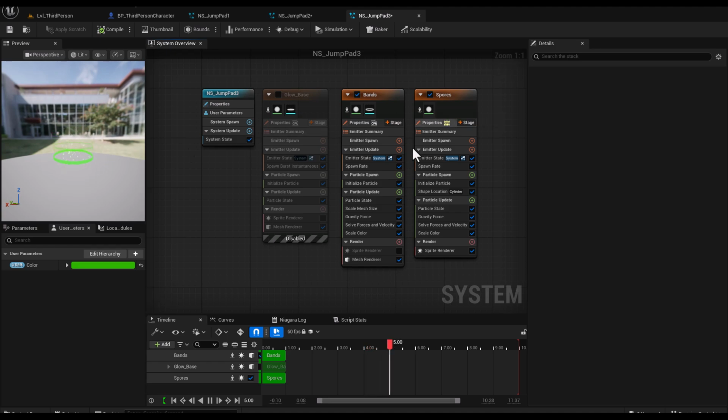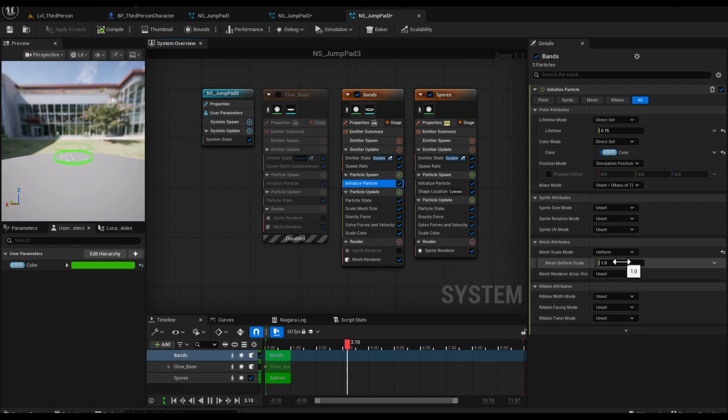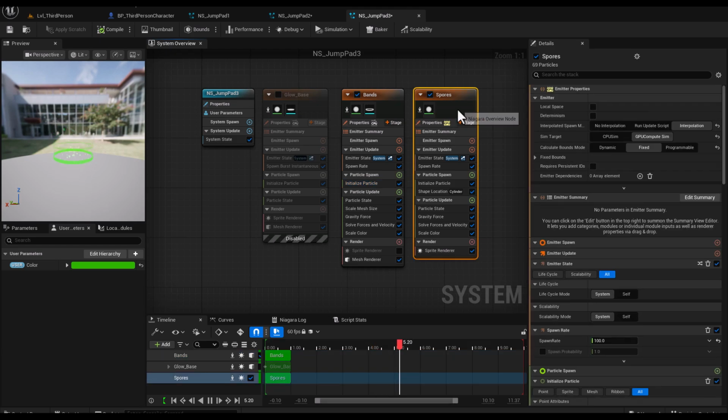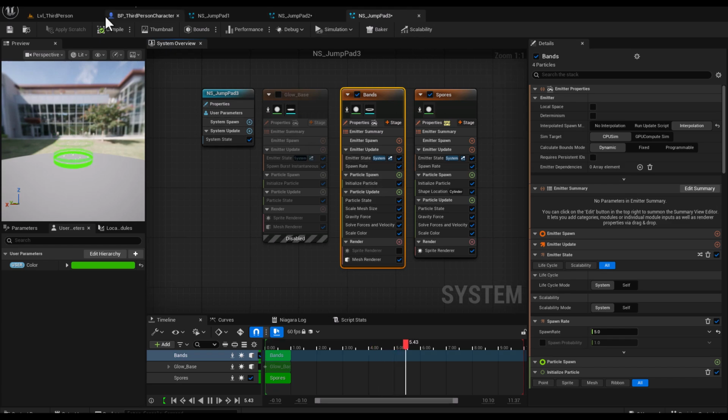So we've got the spores here. Let's go ahead and adjust its scale. Let's check the scale. Particle state, initialize particle. Yeah, we're going to leave it at 1. So this will be our big one, right? Same thing with the spores. We're not going to change anything. But with the spore color, let's see. Oh, yeah, it's changed already. So yes. Okay, now that we've got all 3 of these set up,